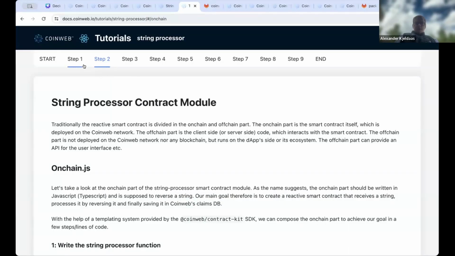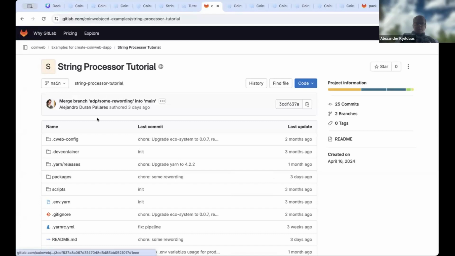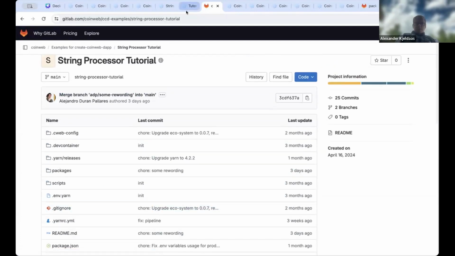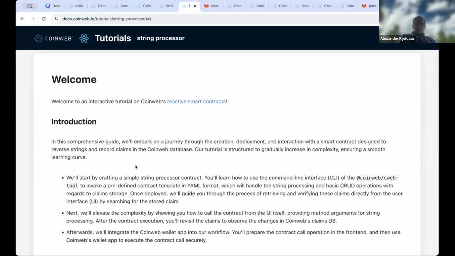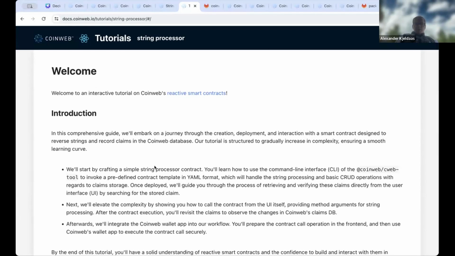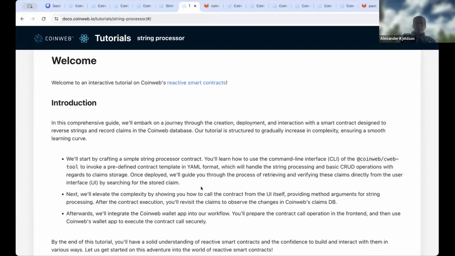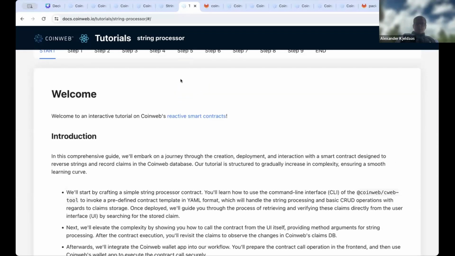It looks like this, and the tutorial is actually a dApp that you can clone and play with. You can run this locally. The string processor tutorial gives you the tools and everything you need in order to create a smart contract that simply takes a string and reverses it, or does some other things. You can choose what you want to do with the string. Like, I think you can uppercase the letters and things. It's not important what it does. It's just that there is a smart contract